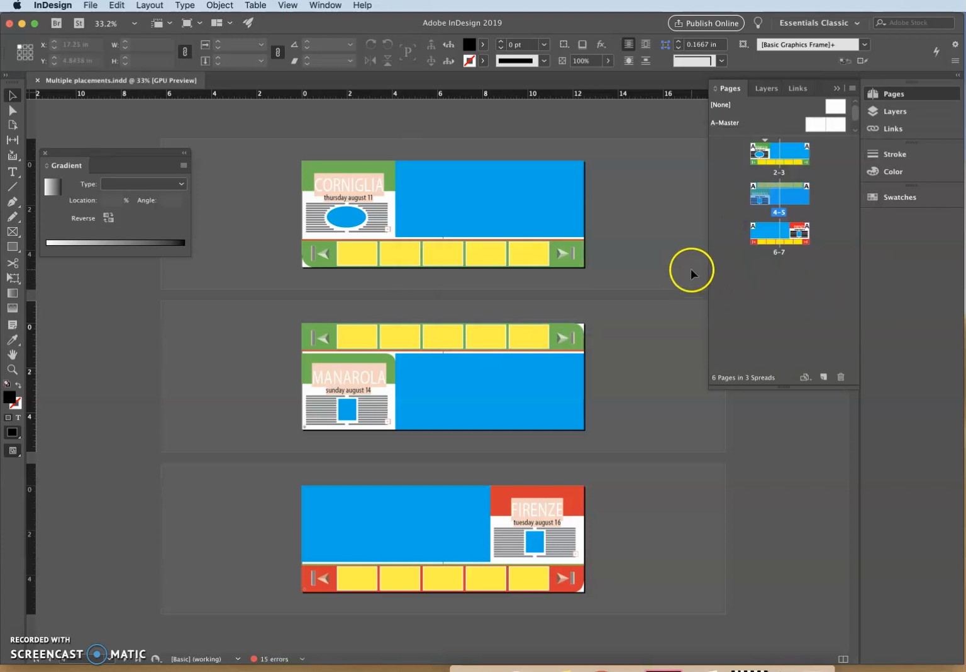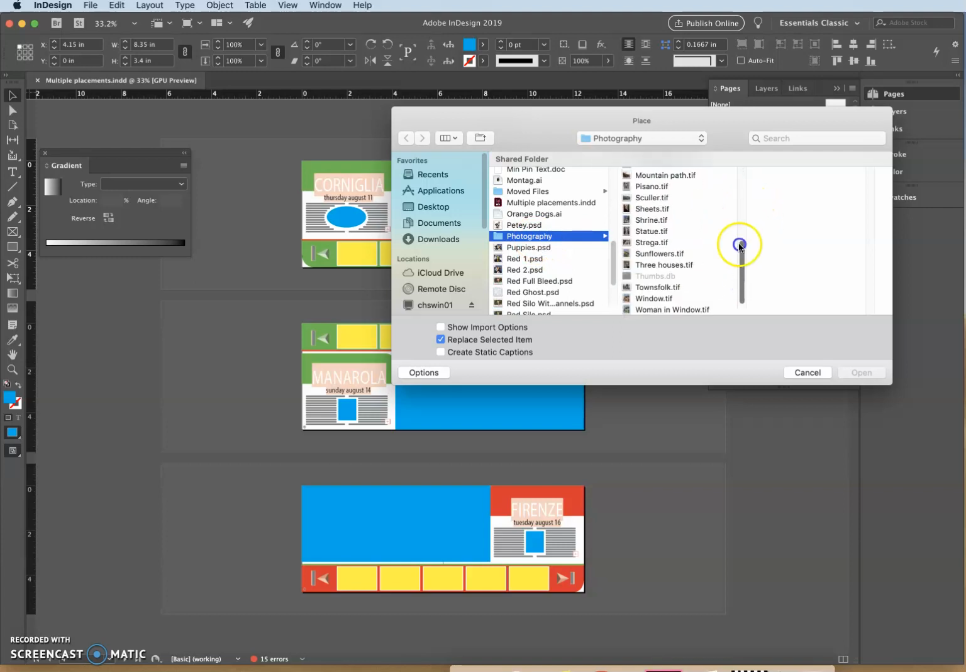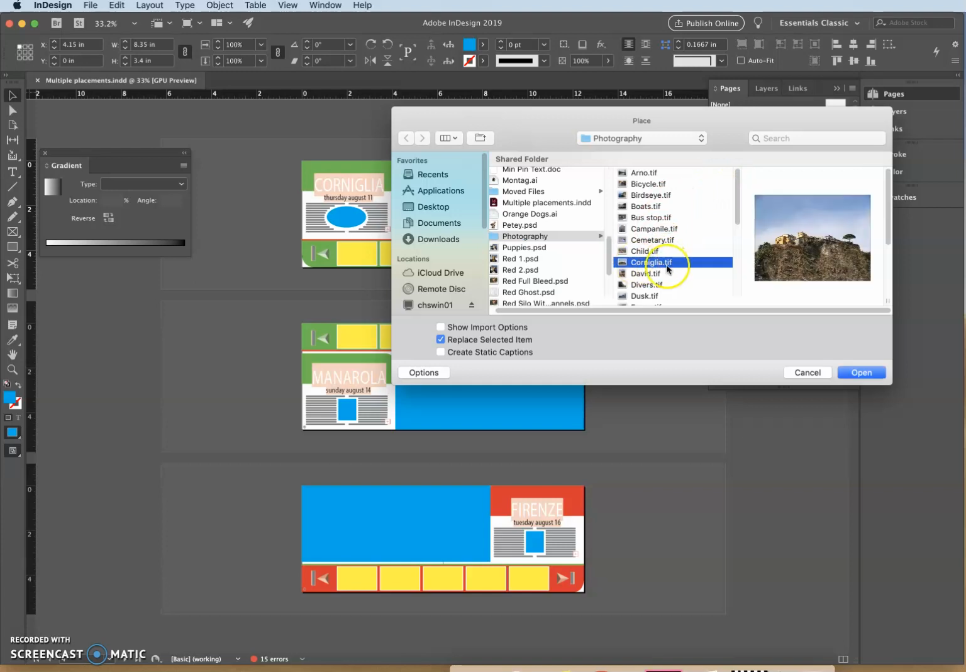Alright. So the next thing you want to do is get your selection tool, and you're going to click this large frame right here. And then we're going to go to File, Place, and we're going to go to our Chapter 6 folder, which is this one right here. Let's scroll down to Photography. And in this photography folder, there's all these different pictures. We're going to click on them in a certain order. So the first one we're going to do is click on Cornigula, or however you pronounce that word accurately,